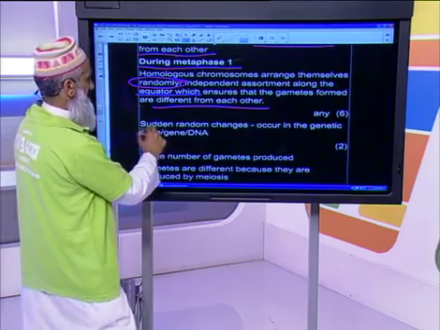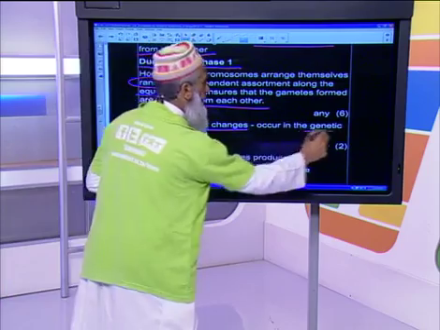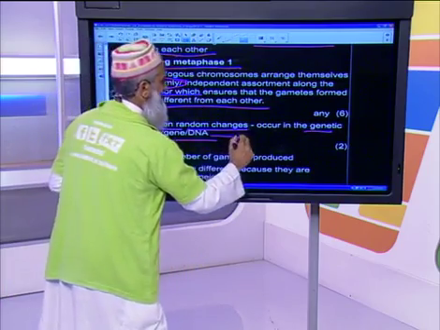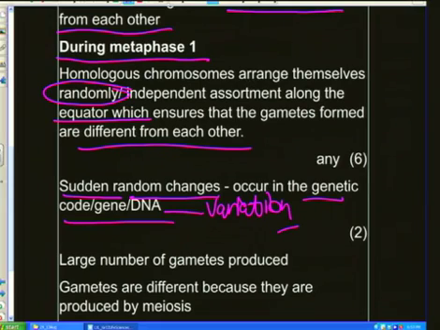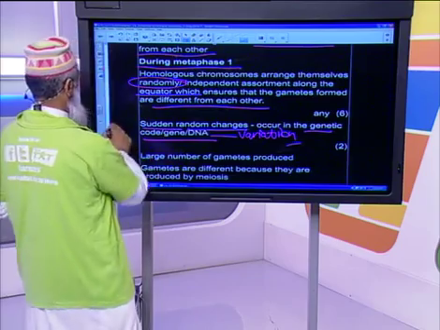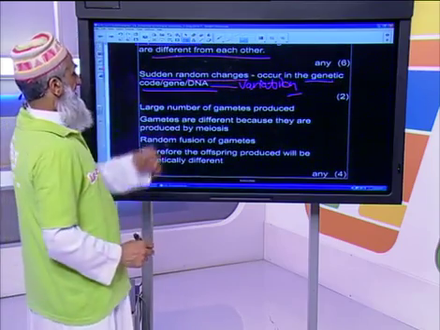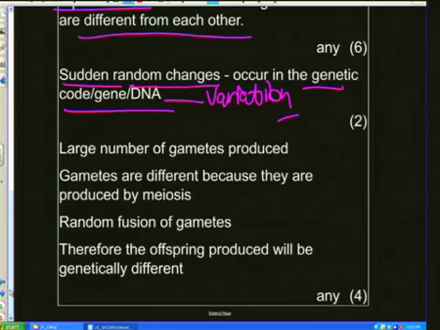And mutation: sudden or random changes in the genetic code bring about variation. If we wanted to say further, they didn't ask for it, but they could ask you for the different types of mutation also. Remember that. Then, in terms of sexual reproduction, I would start by saying